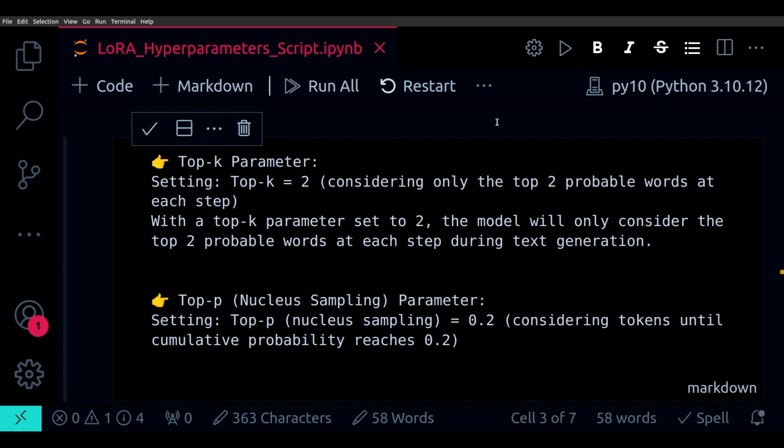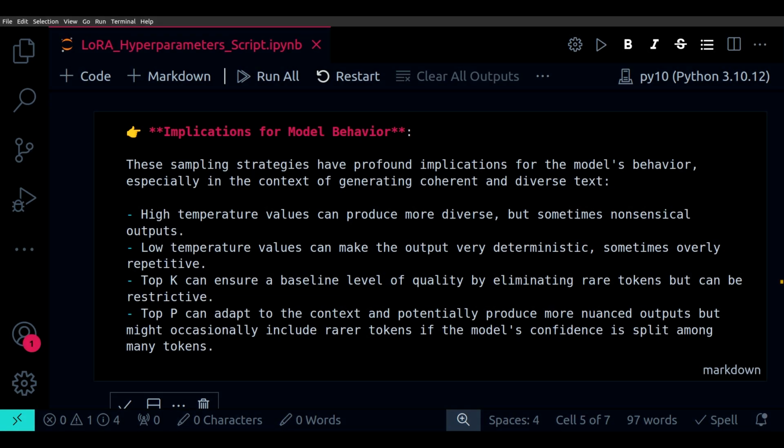As the temperature approaches 0, the model becomes more deterministic and is more likely to pick the most probable token. Conversely, as the temperature increases, token selection becomes more uniform and random. And here is a rule of thumb for using the temperature parameter and also the top K and top P